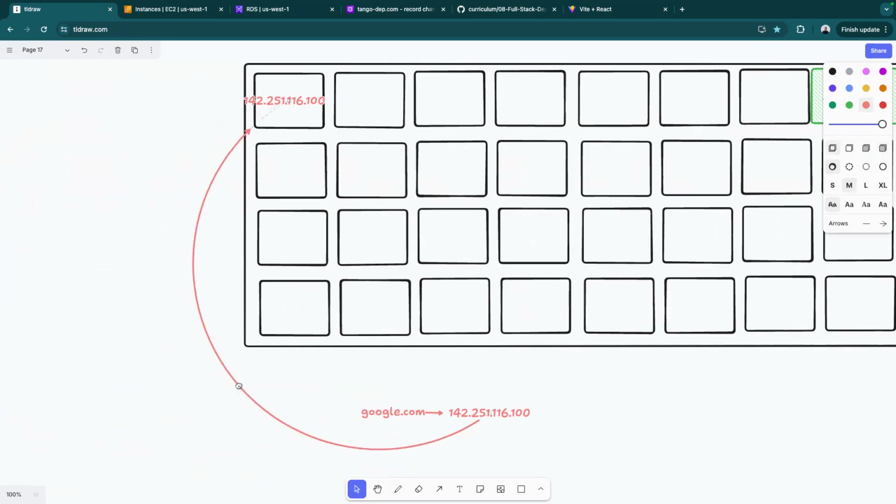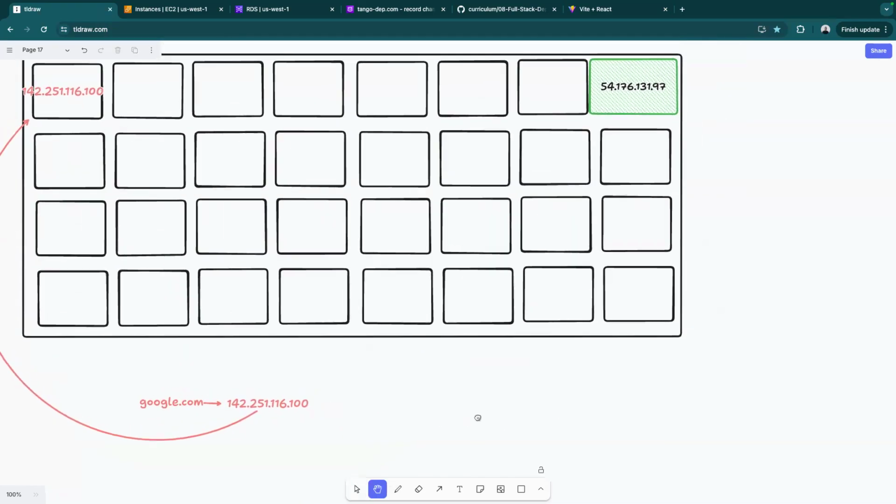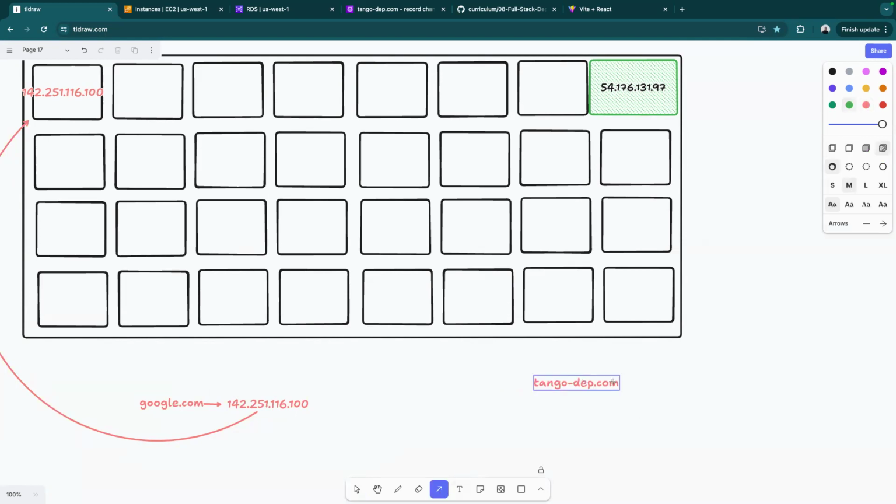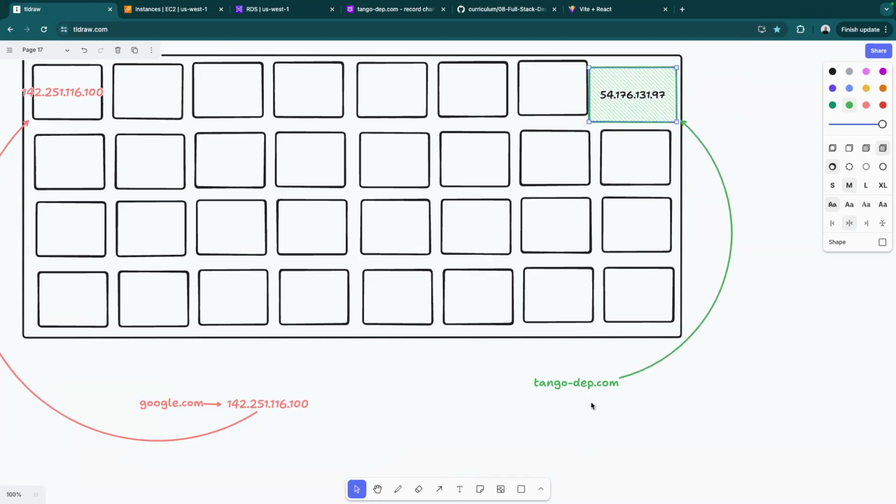All right. So now we have our address there. We have google.com. In this case, now we have changed it to where instead of google.com, we have tango-dep. And tango-dep communicates to our address up there. All right. So now we have our React application and our gunicorn running our API here on this address, but we can communicate to it or tell people to communicate to it utilizing